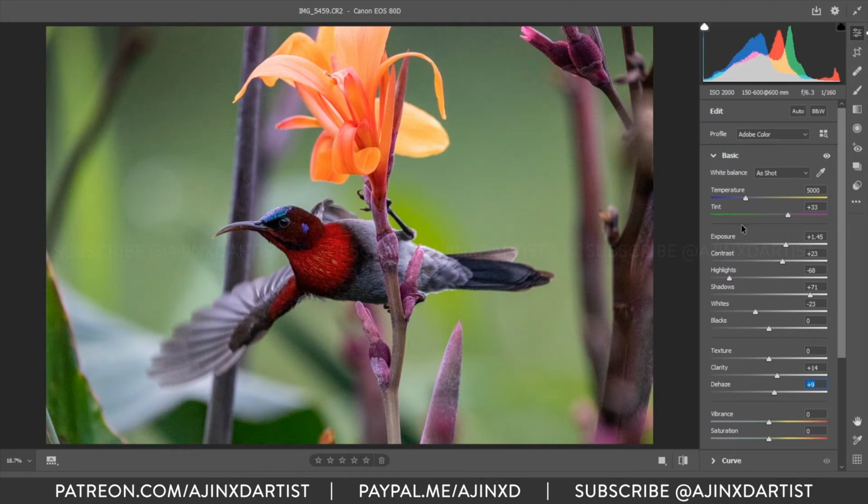After this, we can again go to the temperature and tint and adjust that according to our likes. So a little bit of warm tone is nice looking, and I'll also increase the greens a bit, so the background looks pleasant.